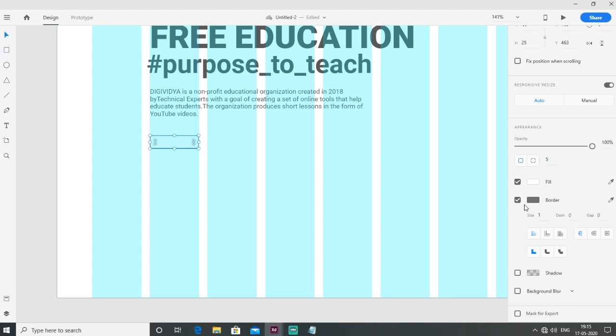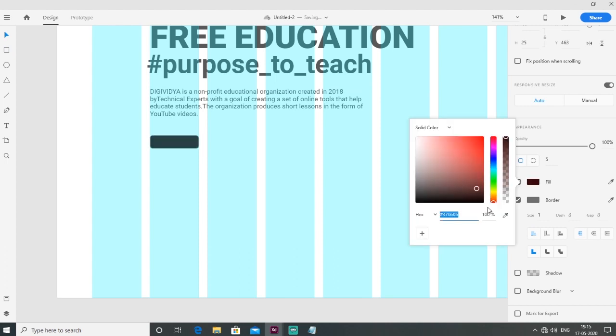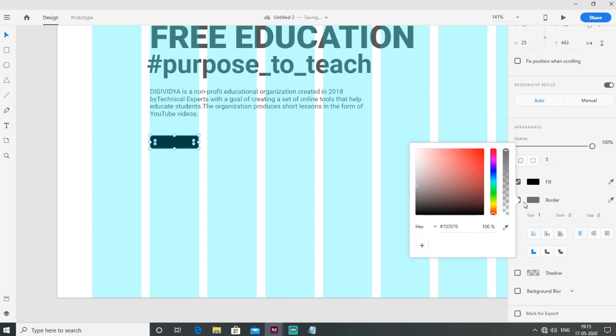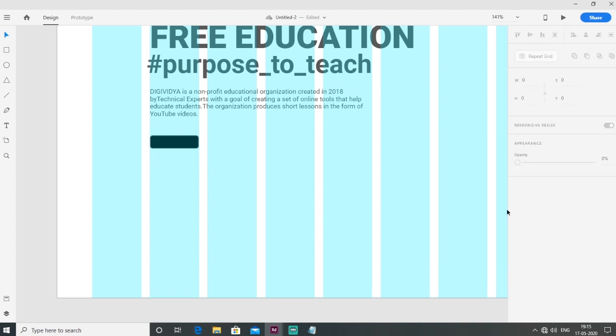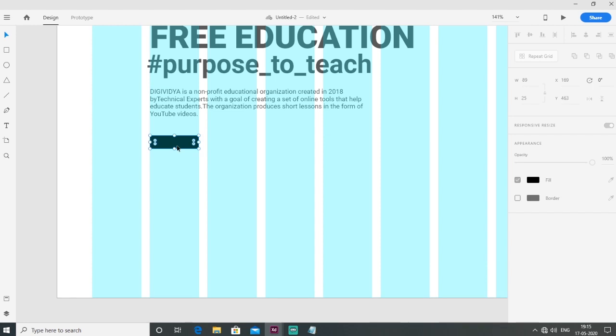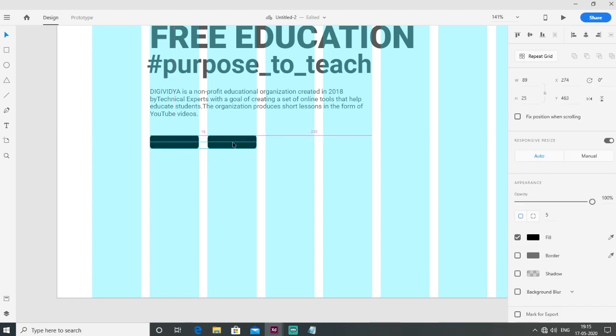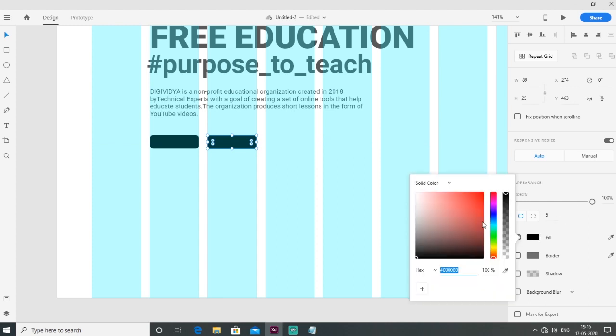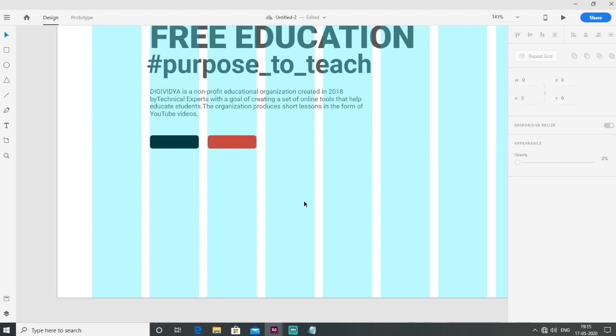Then I select this rectangle. Fill color is black. Border is none. And I copy this rectangle using Alt and Shift key and change the color into red.